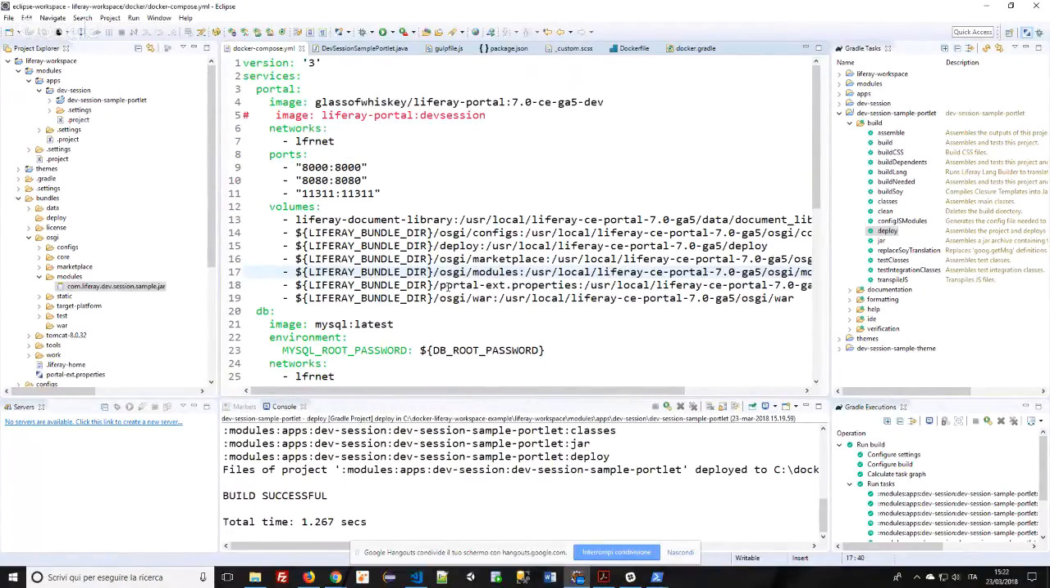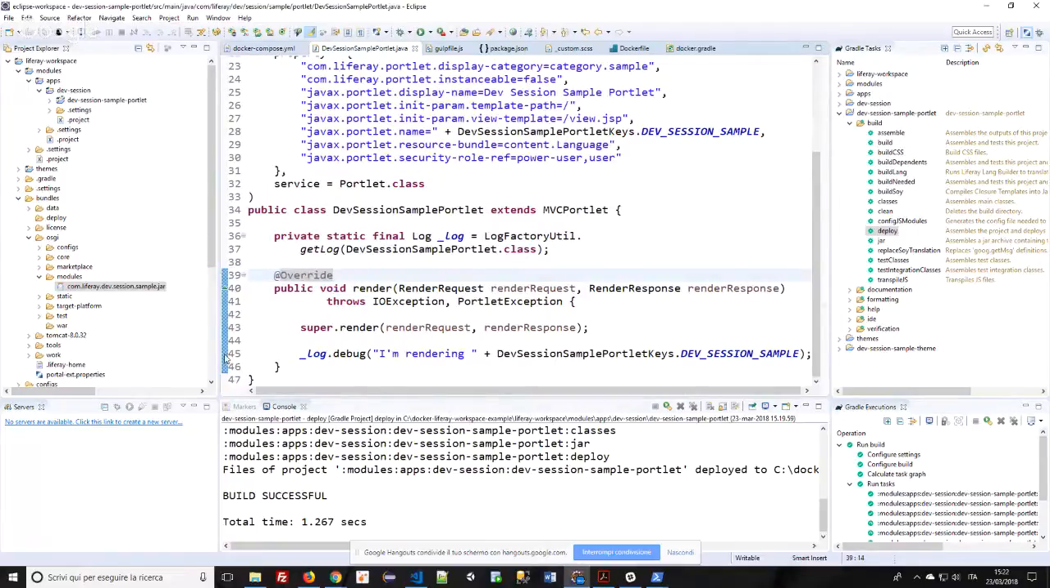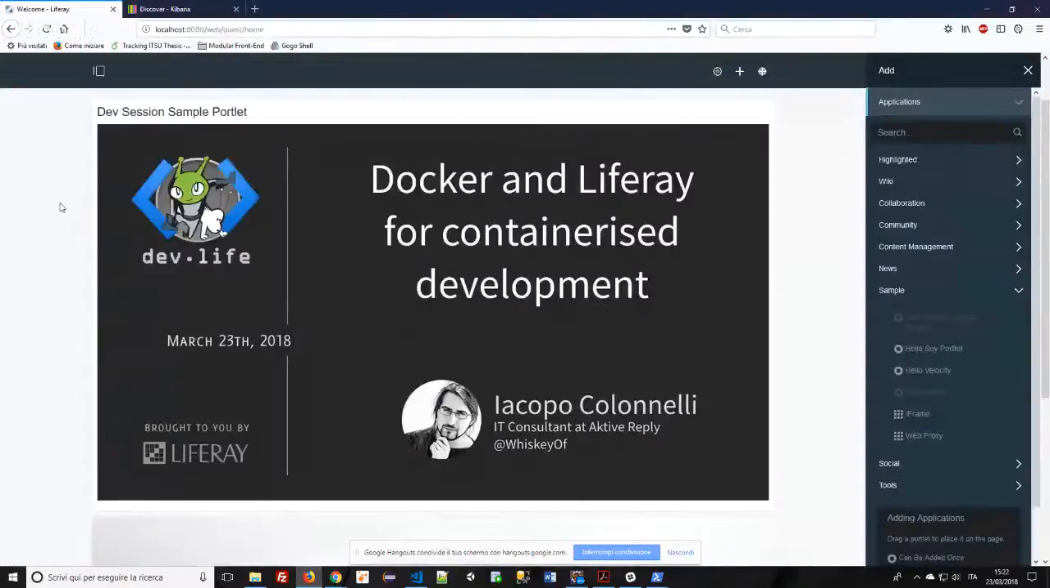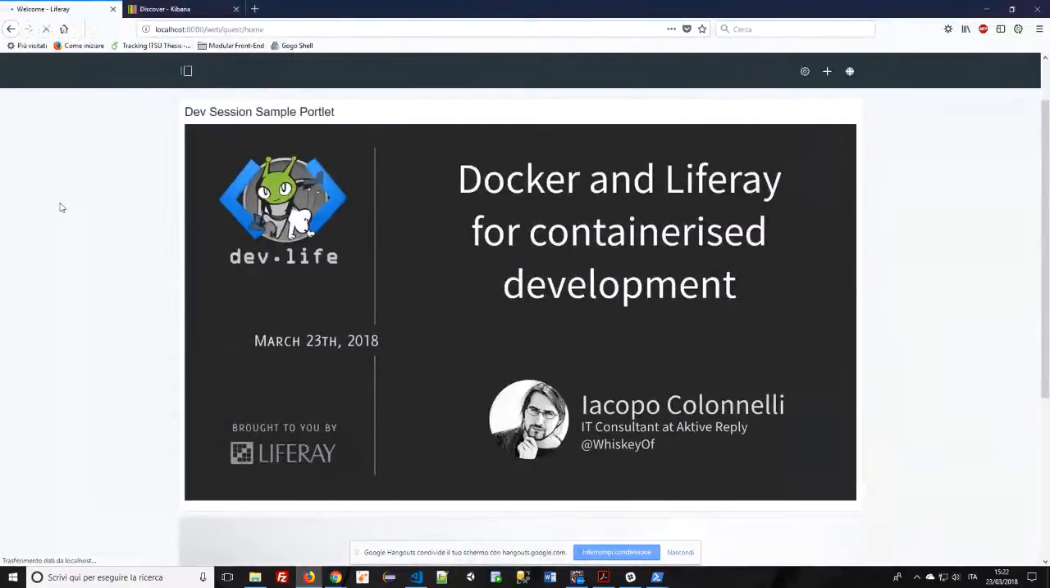And that's okay. But what if I want to debug my application? Because normally I would hit this button to start my server in debug mode, and then I place a breakpoint on my code, and then I can debug my application. But if I place a breakpoint here, it doesn't work because my server is running on a